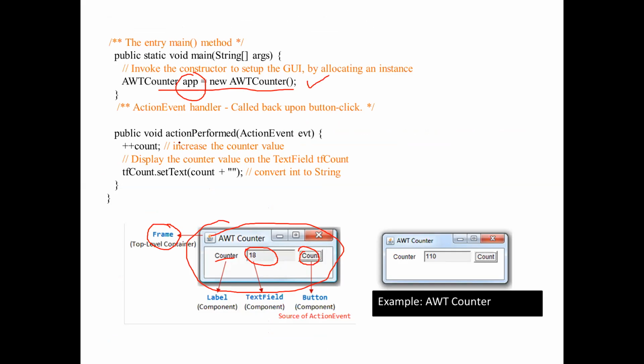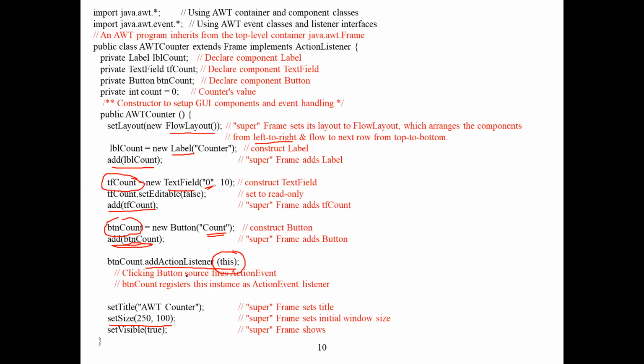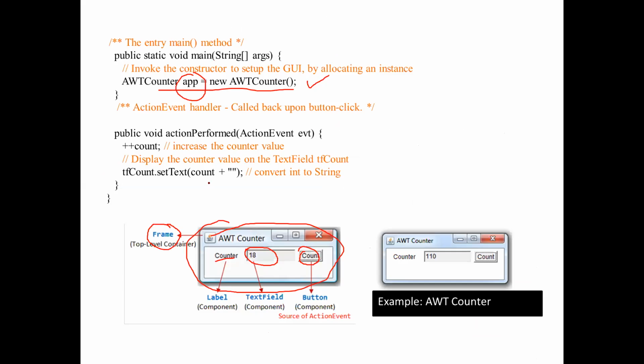And now look at this. For this button, I have added the action listener on the current object. But that action listener has to have an associated event, and the associated event is this. What am I doing? Set text to the current count, overwriting it every time with plus plus count.